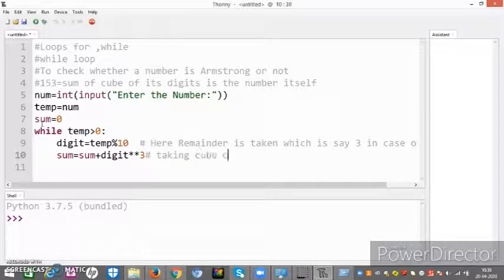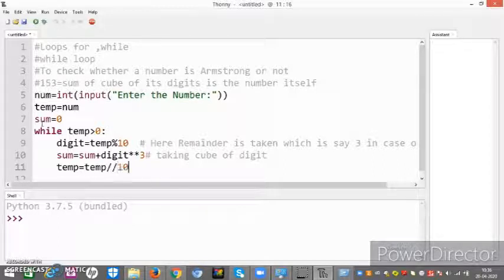Now friends, the next step is that we have to remain with the number left other than the remainder. Like if I take the example of 153, now I should have the number 15 to work upon. So temp is equal to temp floor division 10. Now what should it give me?